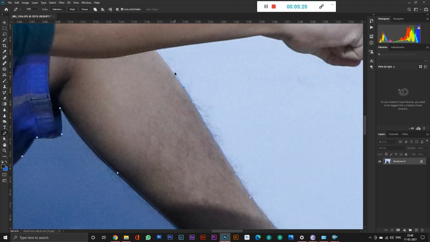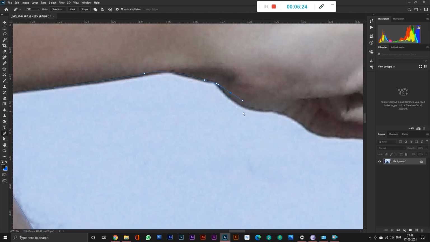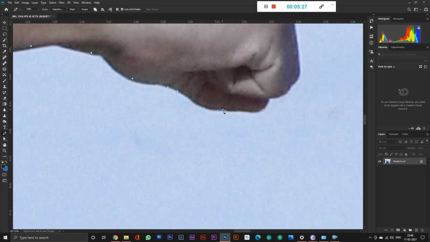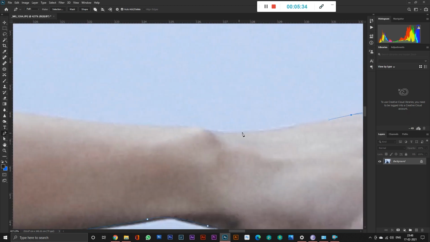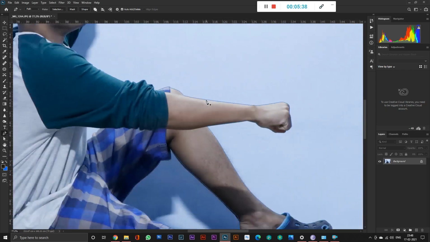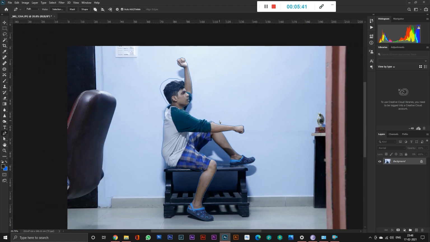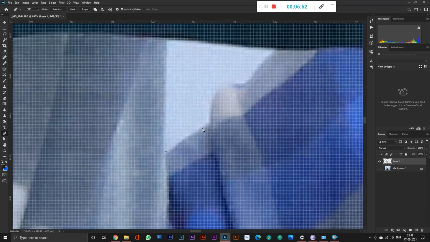So this is how you use the pen tool, and when you finish using it, you can just press Ctrl Enter and it will pop out this command. Once it pops out, you can continue by pressing Ctrl J. Ctrl J means you are separating the object layer from the background. You can always be free to